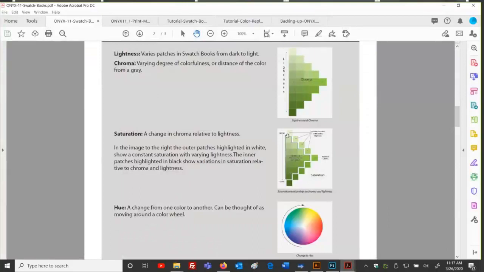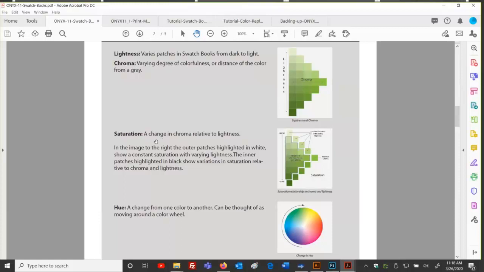So lightness is in that L spectrum, if you think about it, L is going vertical. Think about our color shape in LAB, if you will, and we've got our lightness changes taking place. So the color hue, the tonal color looks right. It just needs to be maybe going lighter or darker. Chroma is going out in this direction, which is our degree of colorfulness, or like it says, distance away from gray, distance away from neutral, more vibrant. And you can somewhat see that in the file here, in this printed sample, this PDF file.